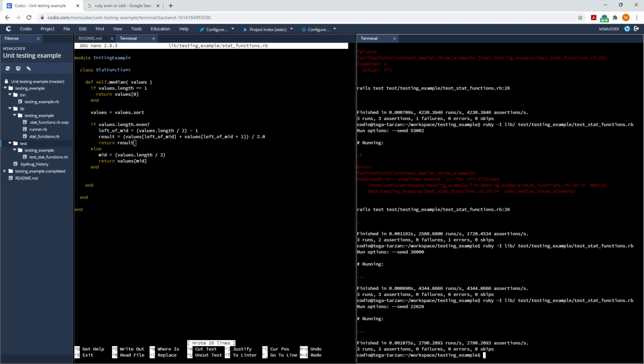I'm happy. Is there anything else that I want to change in this code? You know, it is redundant to have the if the value's length is equal to 1, and then later I deal with odd length arrays. So if I wanted to simplify my code, I could get rid of that first if statement and it should still work. And then I could run my test and see if it goes. But